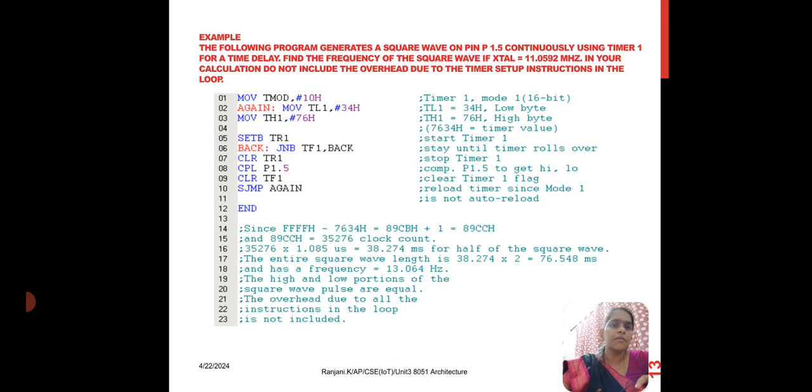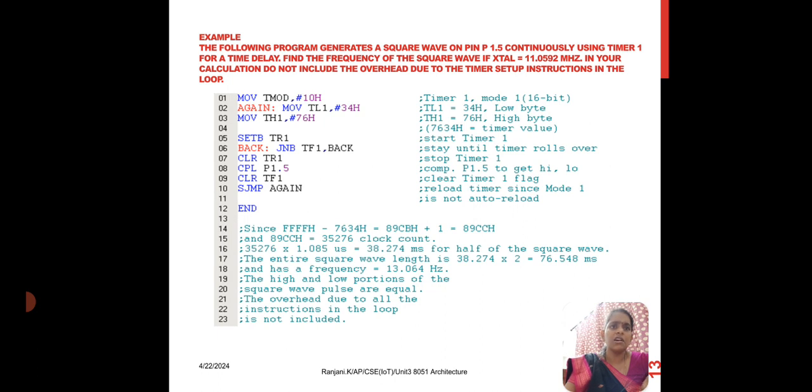And next is an example: generate a square wave on the pin P1.5 continuously using timer 1 for time delay. Find the frequency of the square wave with a crystal frequency of around 11 megahertz. So here MOV TMOD, #10H, that is, timer 1 is set as mode 1 here. Here for TL1, the value 34H will be moved to the lower byte of timer 1, and SETB TR1. So here it starts the timer, then